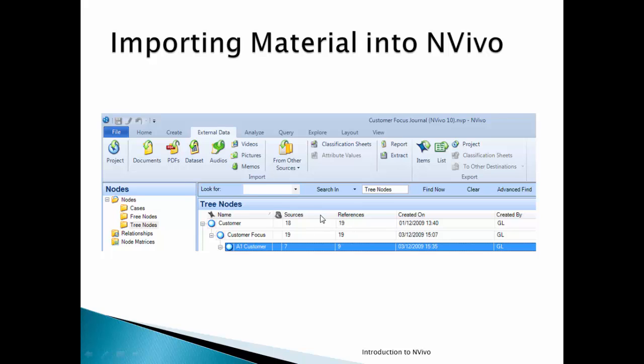This is your general screenshot of it, where you can see here you click on the External Data tab, and then it's documents, all types of documents, PDFs, different types of data sets, audio, video, pictures, memos. A wide range of documents can be imported into it. So that's it for the first clip, and in the next clip I'll do a demonstration on